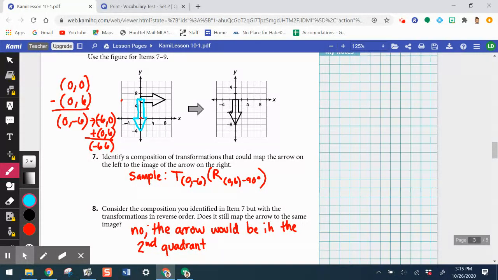So then item 8 says, consider the composition you identified in item 7, but with the transformations in reverse order. Does it still map the arrow to the same image? And according to the one I did, no, the arrow would actually be in the second quadrant, which would be up here. So you can see some of these red dots and even this work here. So if I did it in reverse order, in other words, I translated it down 6. So imagine I translated this original arrow down 6,